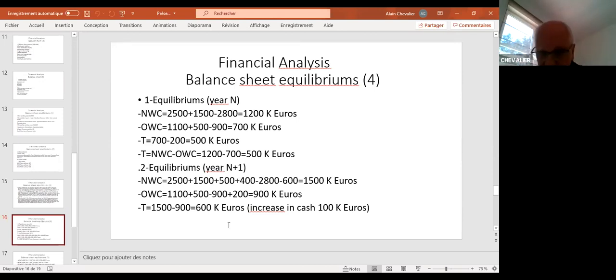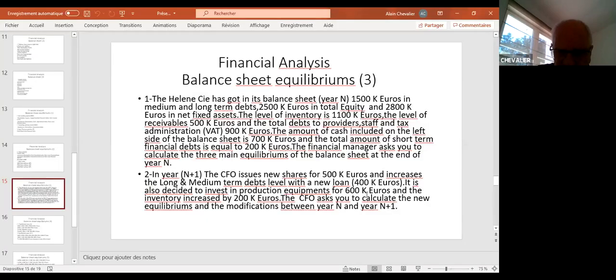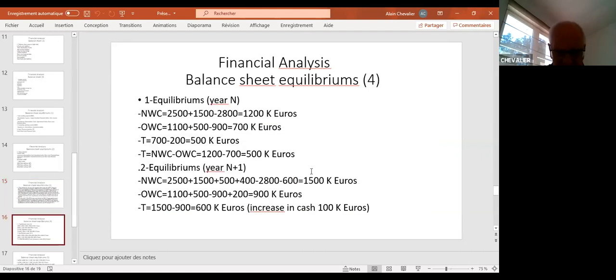And also, we added the 600, which is investment in production equipment. So we have taken into account all the modifications, and the new net working capital, your N+1, is